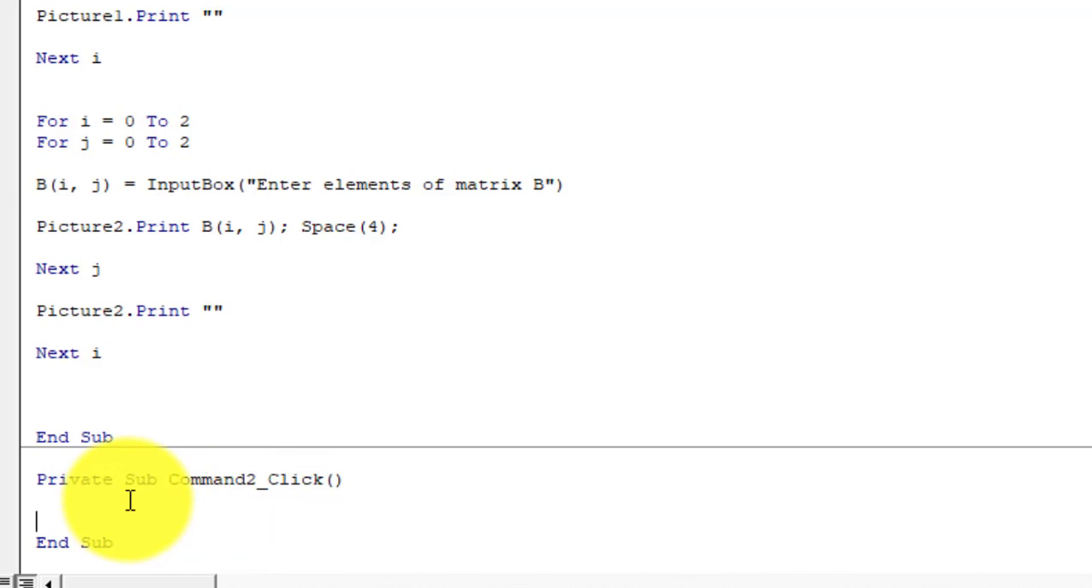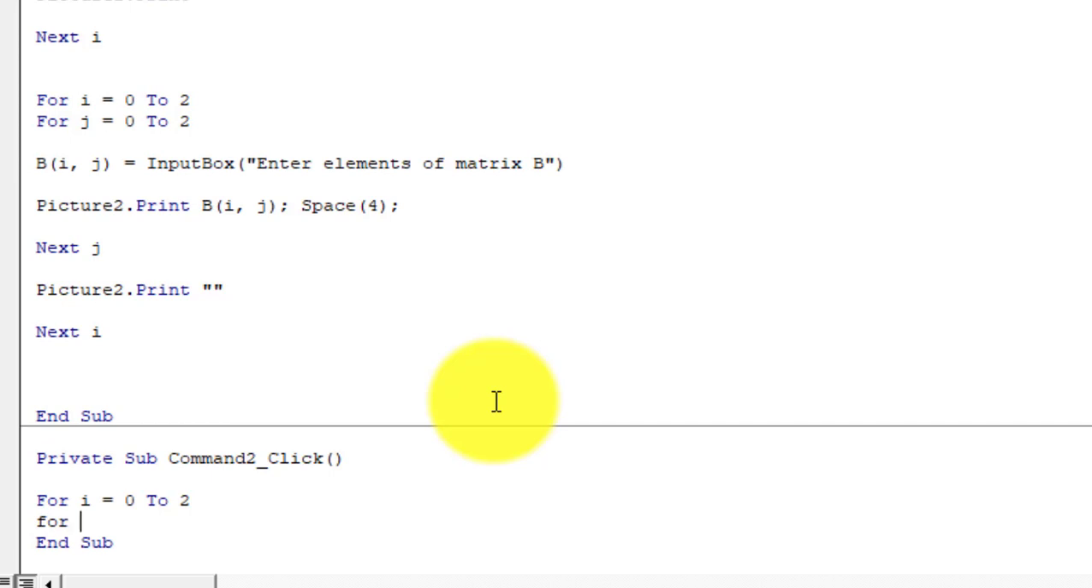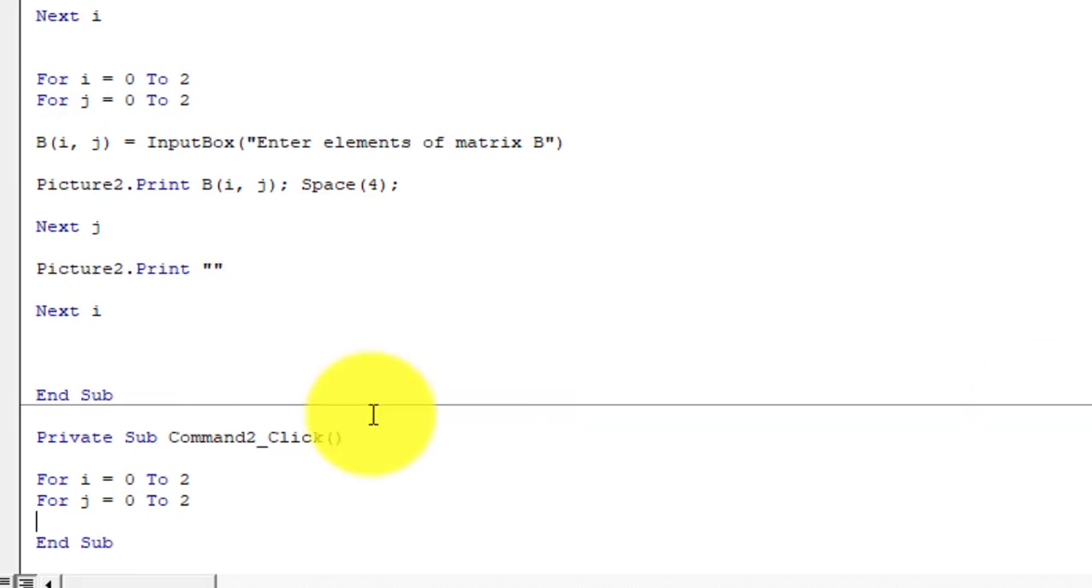I can say, when that command button is clicked, what will happen to that third picture box. I can say for I equals 0 to 2, because starting from 0 to 2 we have 3 rows. Now for j, we also start from 0 to 2. Now what will happen? I will say at this position of matrix C, at row I and column j,